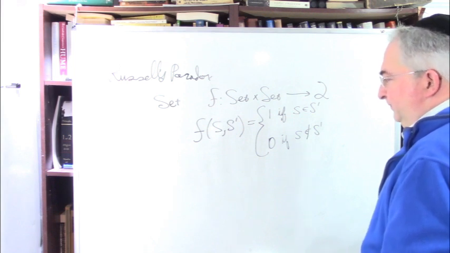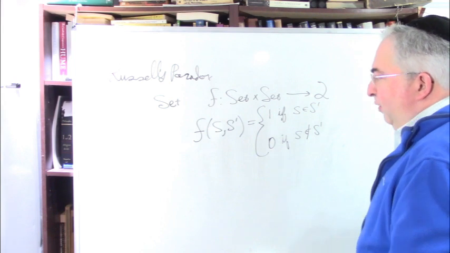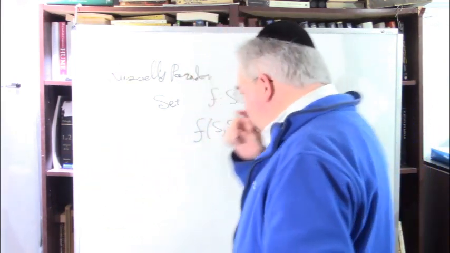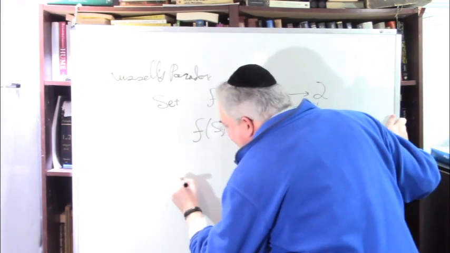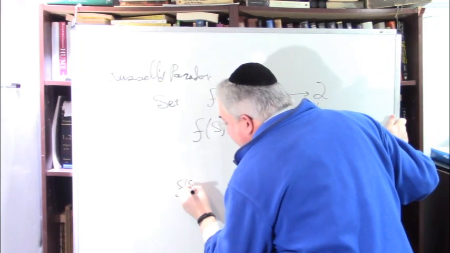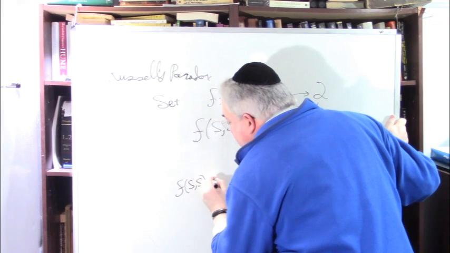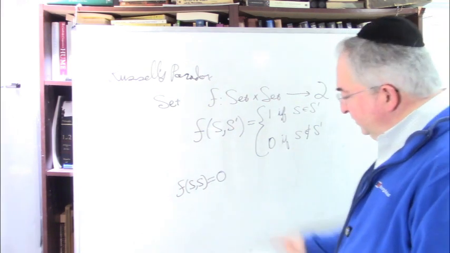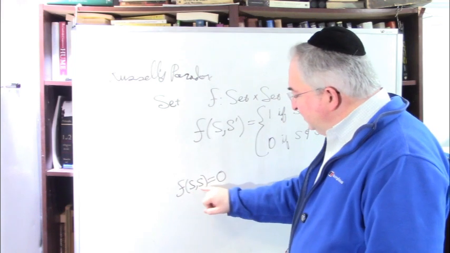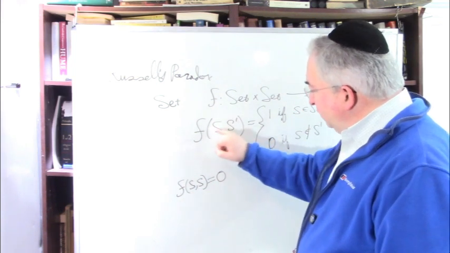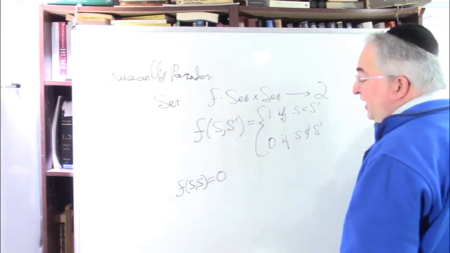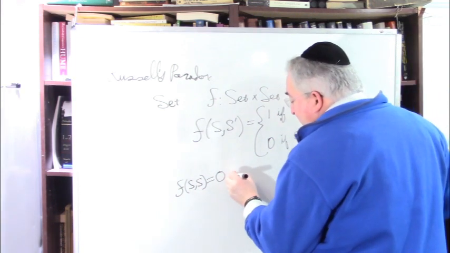Okay, great. Now, let's talk about this set R. What is this set R? It says as follows: if S does not contain itself, that's exactly what it says. Here we're talking about two different elements, but here we're talking about the same element. If S does not contain itself, if and only if,